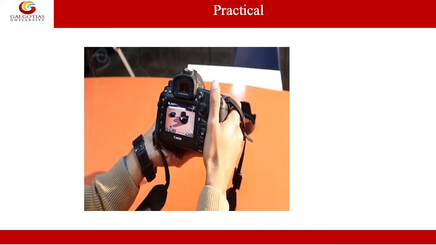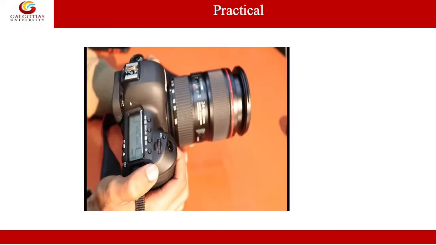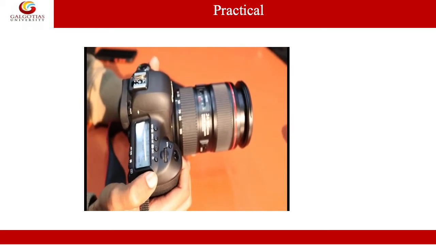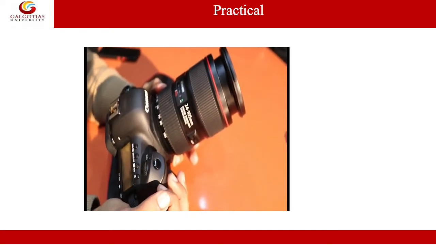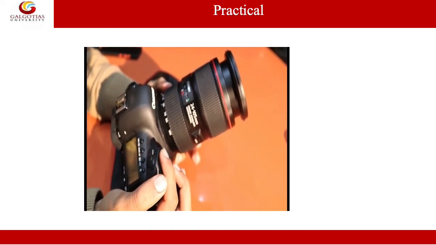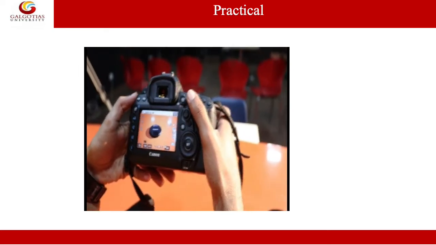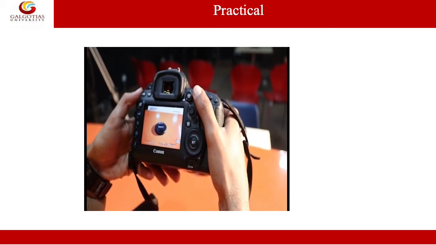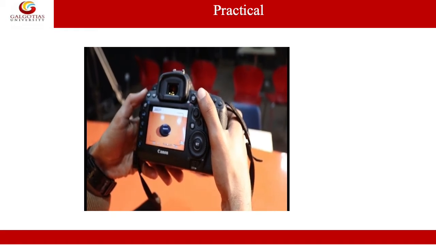In order to capture a photograph, we first need to understand where the shutter is. As our camera is set on the still photography mode, we need to use this button. This is our shutter button. We need to press this button half and then full to capture the photograph. Let's see how it works. In order to capture a photograph, you need to press the button half. Here it focuses the object, and then you need to press the button completely.